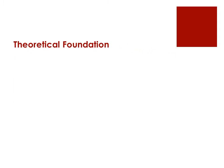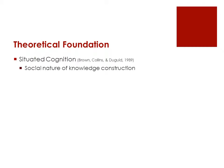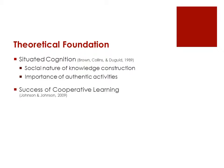When we look at the theoretical foundations of collaborative creativity, we start first with situated cognition, focusing on the social nature of knowledge construction and, of course, the importance of authentic activities. There's also some basis in cooperative learning, of course, and the great success of that. Very well researched method used quite often very successfully in classrooms, as well as what's known as the combination of contributions framework,